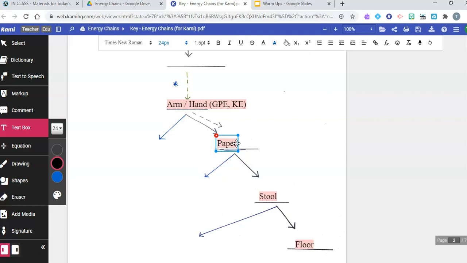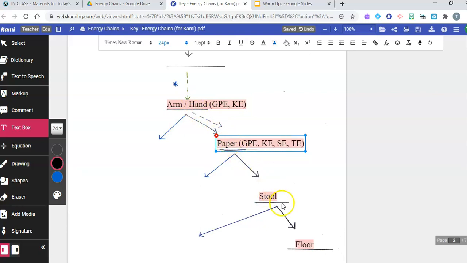And then some of you are going, well, wait a minute, I heard the paper scratching and scraping against the stool. You got it, and that's sound energy. So the piece of paper was expressing four different types of energy simultaneously. Then the paper caused the stool to fall. Now some of you are going, well, no, you caused the stool to fall. Yes, but I caused the stool to fall indirectly